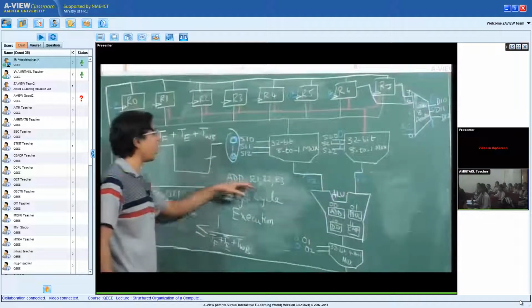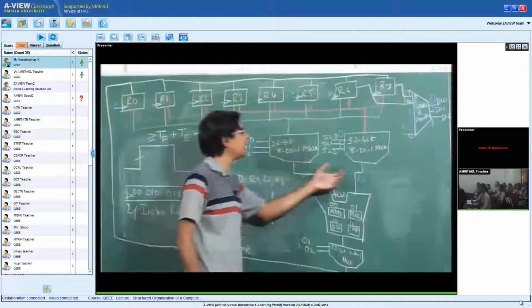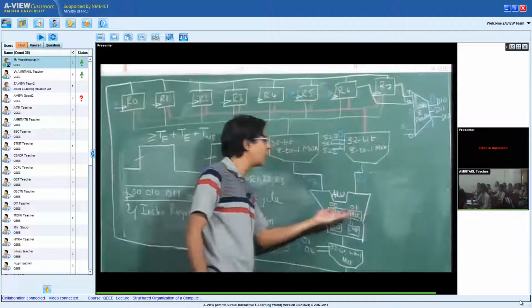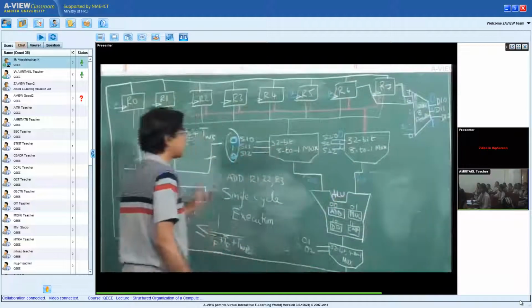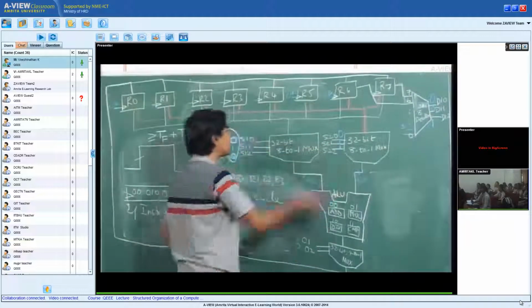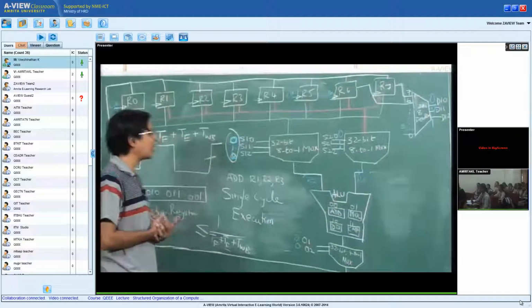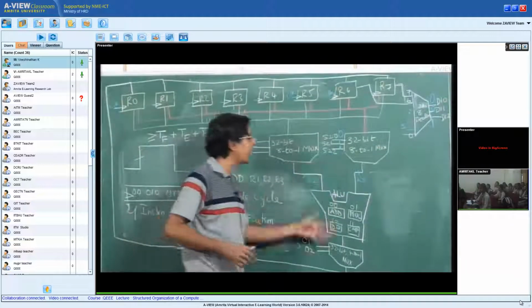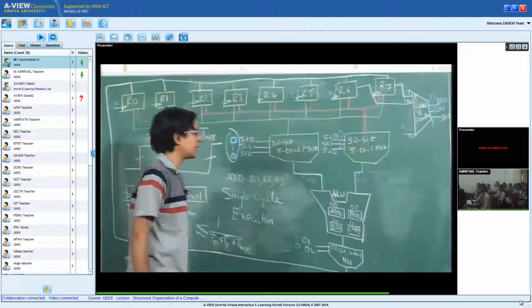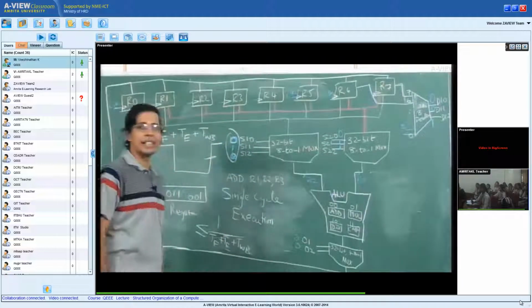If I am going to do add R1, R2, R3, I have selected R2 and R3 as the source operands for the ALU, and the destination is R1. So I have to control these multiplexers so that the required data comes to the ALU. All these control signals comprise the control path of your microarchitecture.